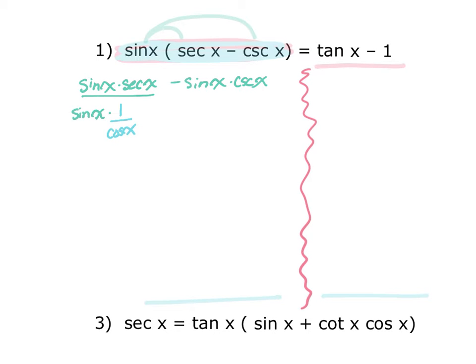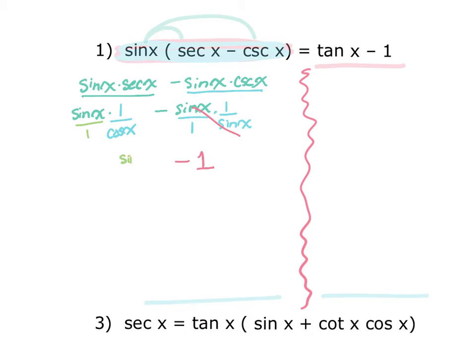And I'm going to switch back to that other color. I'm going to keep that sine the same again, but then I'm going to rewrite this cosecant as 1 over sine of x. And if you saw right away that these are reciprocals of each other, that's great. If you didn't, then hopefully at this point you realize, okay, those divide out and we are left with just a minus 1 here. Okay, this first term, if we put this over 1 and we multiply and combine that together,